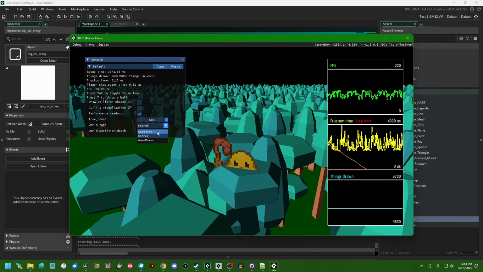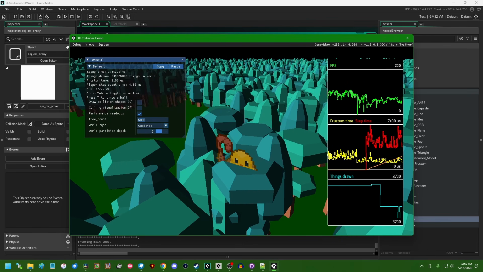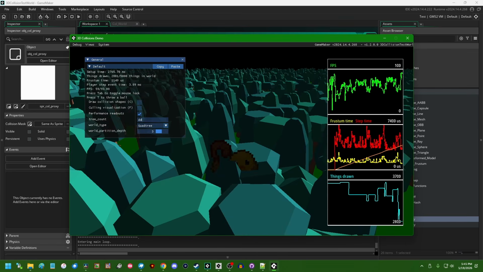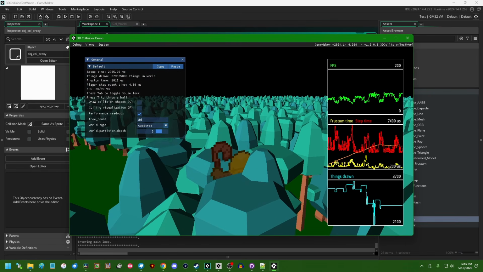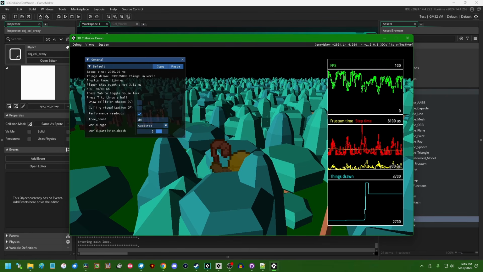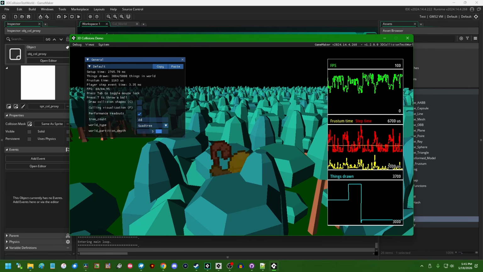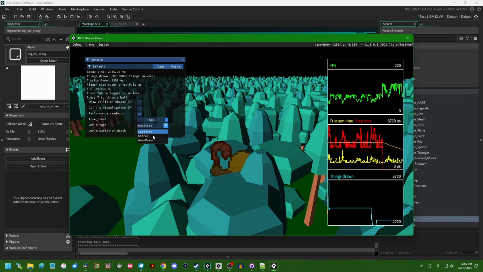That's the octree. If I look at the quad tree, it's going to take a couple of seconds to rebuild. And it looks like it's about the same in this case. This collision world is fairly flat, so I think most of the collision objects, if not all of them, are going to be roughly on the same plane anyway, so there's not going to be a huge difference between a quad tree and an octree. If I go and switch over to the GameMaker collision world,